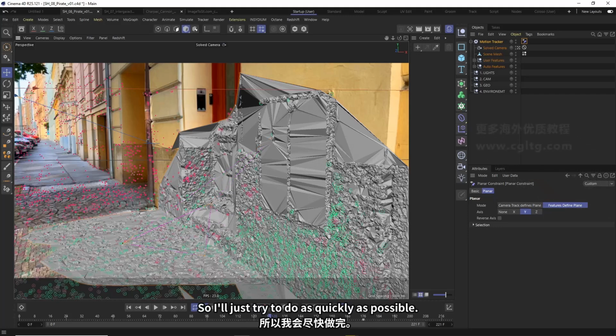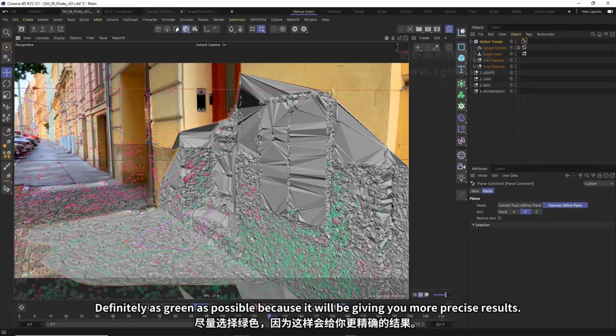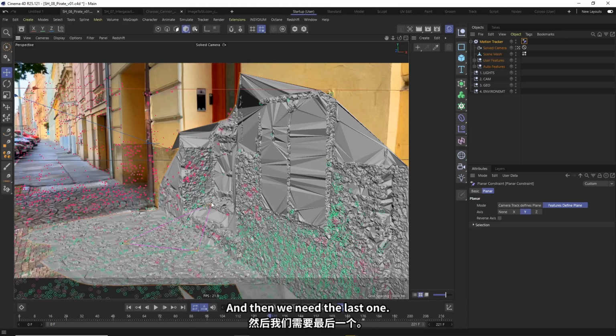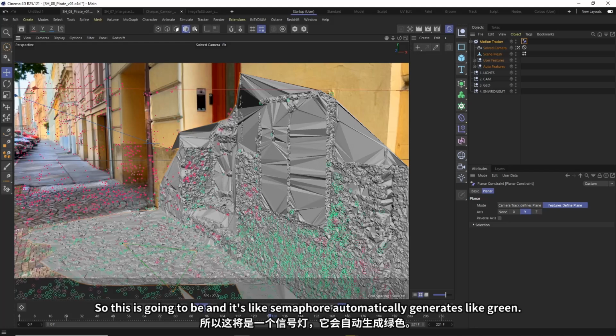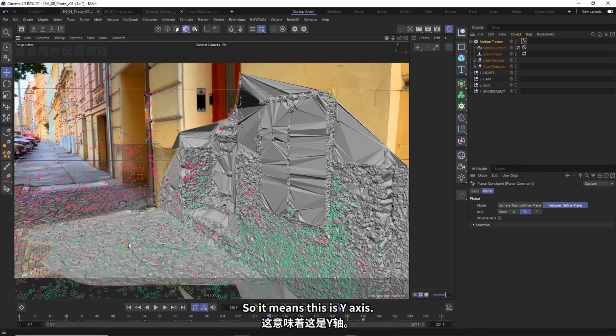So I'll just try to do it as quickly as possible. Select some green points, definitely as green as possible, because it will give you more precise results. And then we need the last one, and maybe over here. Okay, so this is gonna be, like Sema4D automatically generates, this is green,